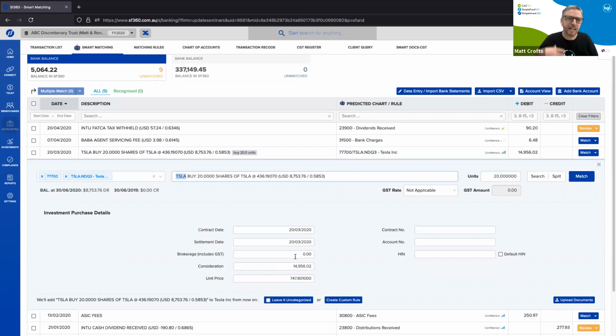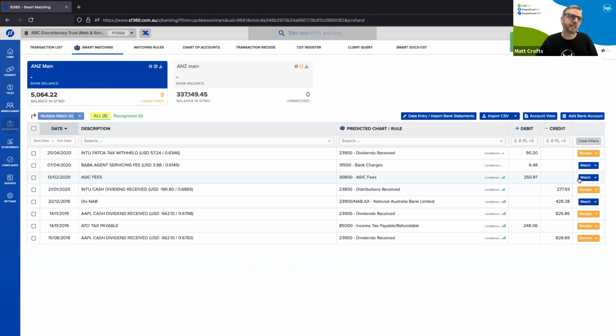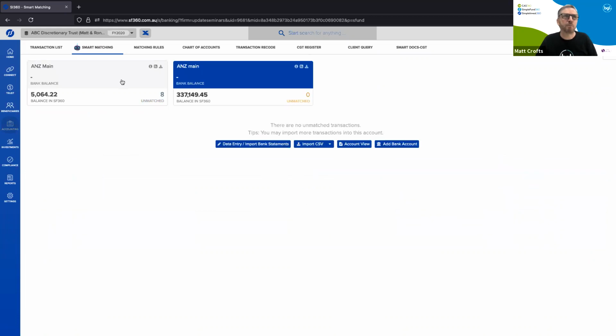Trying to do that in another general ledger software or something that's not investment specific would be a lot of steps. So I can just quickly match that. That's what machine learning does. ASIC fees, it knows what ASIC fees look like. It's seen enough of them. As Ron said, there's billions of transactions in the database. It's not rocket science. It's really just mathematics, how we code this and get the machine learning to make the predictions. You can swap bank accounts.